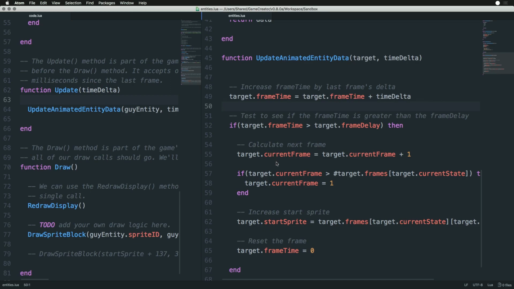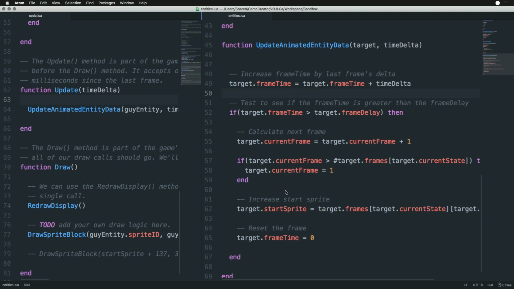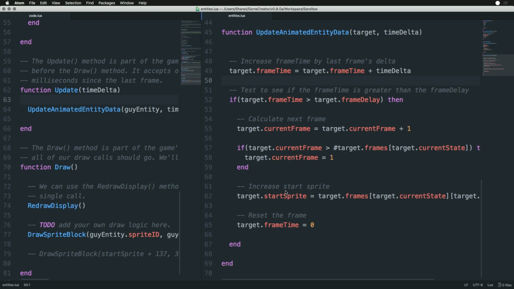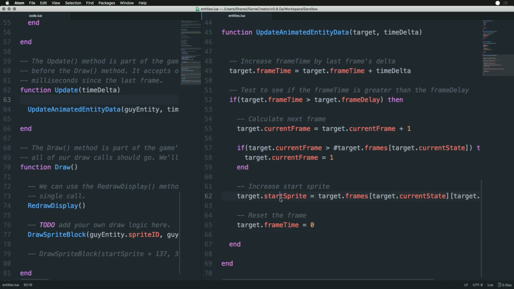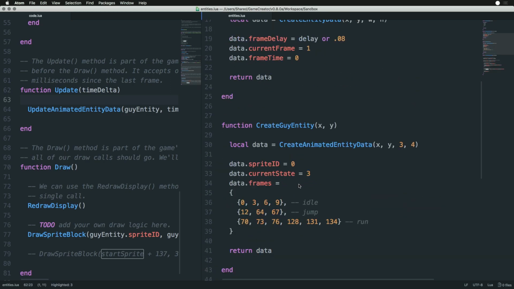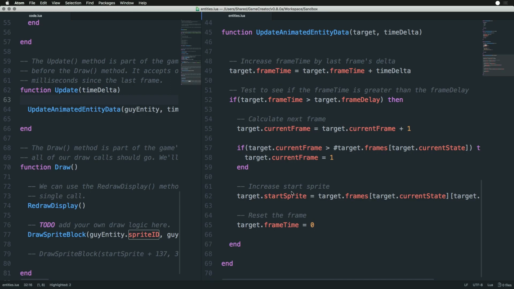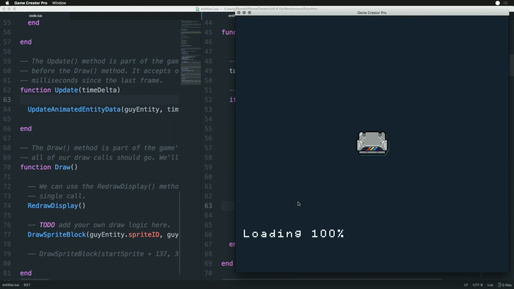So what I want to just make sure here is that, let's see. Print new frame. Oh, you know what it is? I see what the problem is. I'm changing the start sprite, and I think what we renamed this was sprite ID. So let's go ahead and change this to sprite ID. And now if we rerun this,